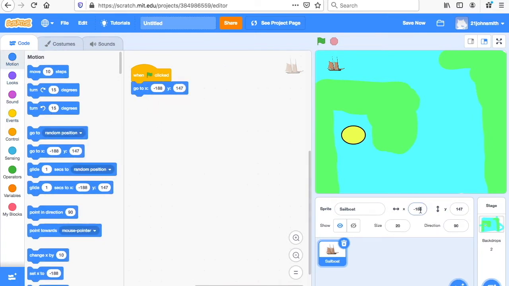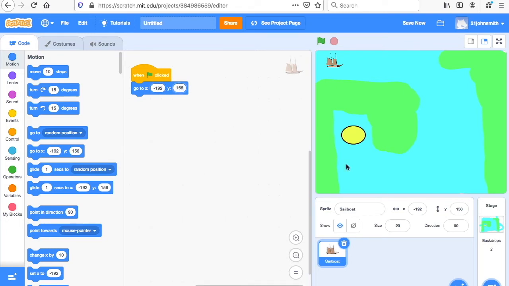Now you see the numbers over here? This is the X and the Y coordinate. The X is left and right. When the boat is over here, the X and Y numbers are over here. When the boat's over here, it changes the X and the Y, okay? So you put the boat where you want it to start, and you see it says negative 192, so that means the X is on this side, it's going to be very negative, and the Y is 156. So high Y means very up, negative Y means down, negative X is to the left, positive X is to the right. So we want him to start at negative 192 and